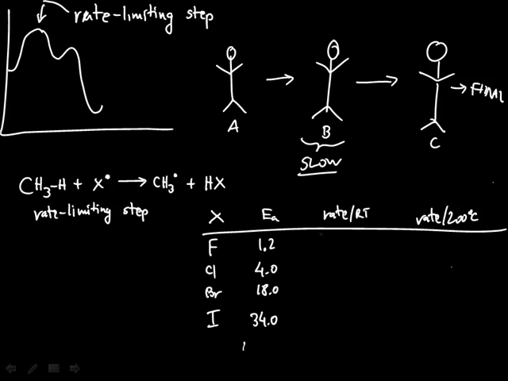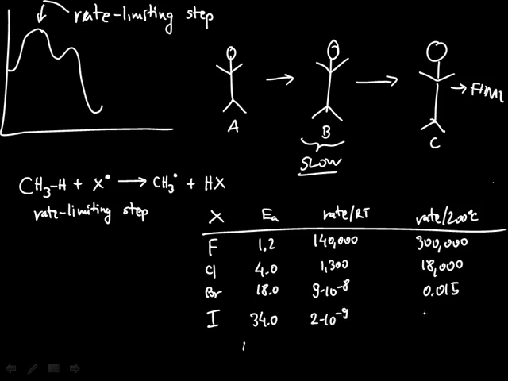And now the rate for fluorine is very high, and it gets even higher as we go higher in temperature, but not by much. The rate for chlorine is relatively high at room temperature, and it gets significantly higher as we increase it. The rate for bromine is very low at room temperature, but it gets into a measurable range as we increase the temperature. Then the rate for iodine is low at room temperature, minus 19, and then it's still low